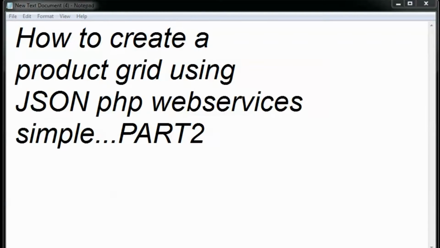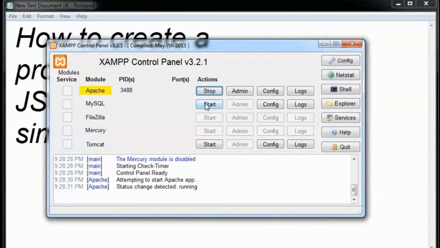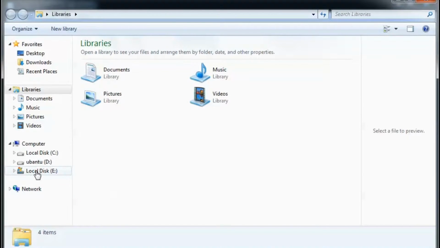So guys, I'm going to show you what files I had created in the previous video, and I'm going to start the XAMPP server. The XAMPP server is starting right now. I'm just clicking on start. Now I'm going to open the folder where I've saved all the files for the project.